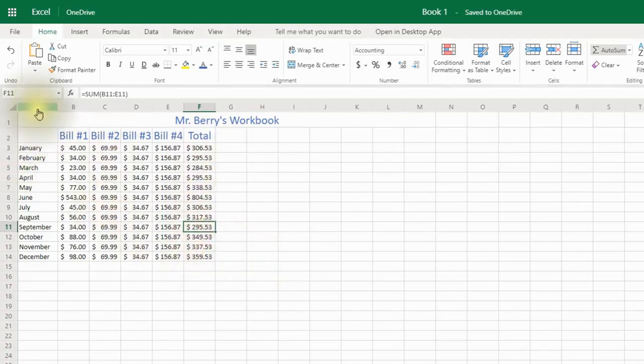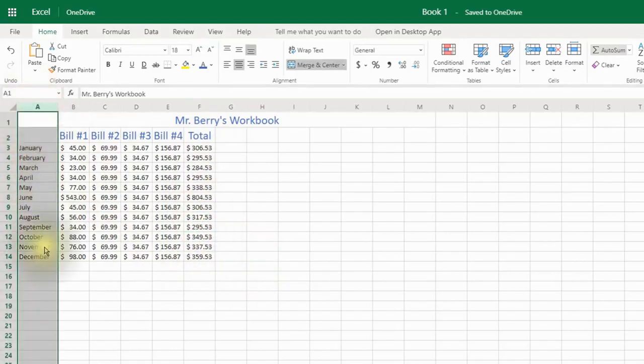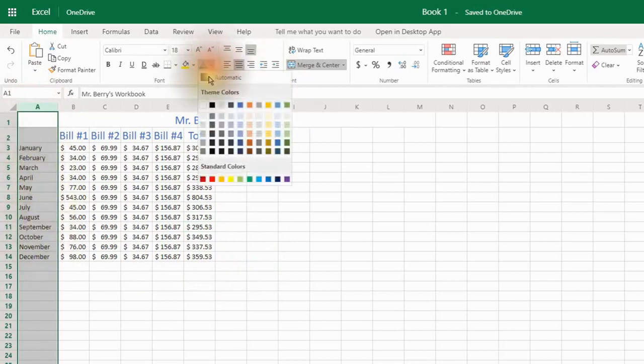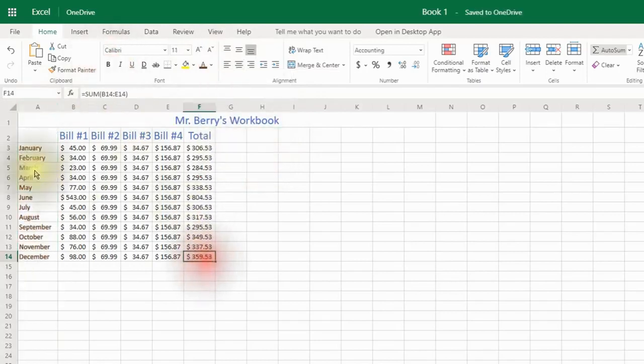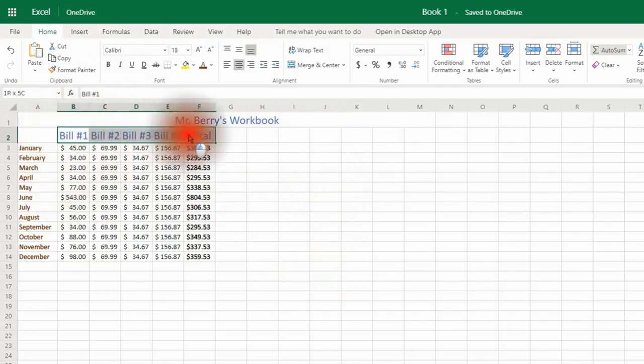And what I'm going to do is click on the A there, and I want this text to be changed a little bit. So I'm going to click on a different color. Maybe I want this to be brown and in bold. So there you go, there's the months. Now they're standing out a little bit better. Maybe I want my totals here to be bold so they stand out. There you go. So now it's easy to change your cells simply by highlighting them.